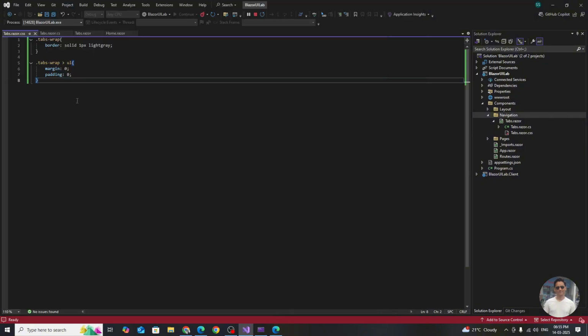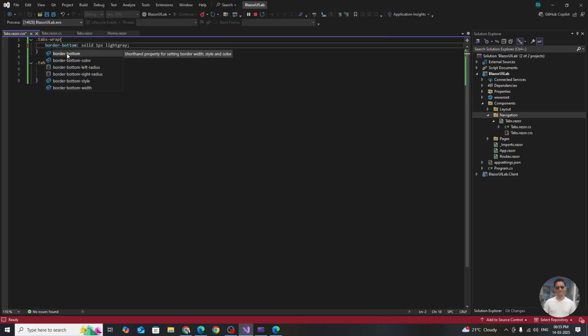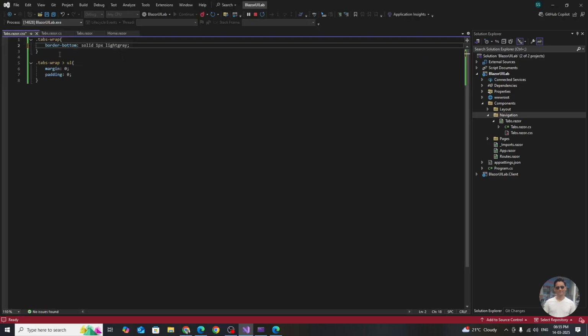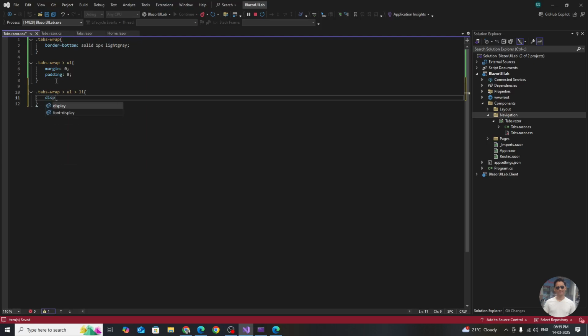So the border is there, but we don't need a border all around, only the bottom border first, and then we have to supply that as tabs wrap. So this is tabs wrap, and then this, and then also the items. So tabs wrap list items. We want them adjacent from left to right, so we can say display